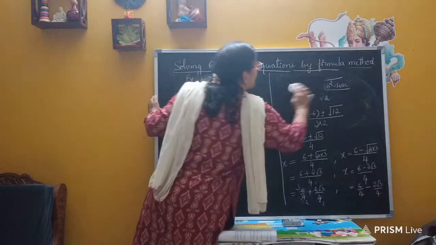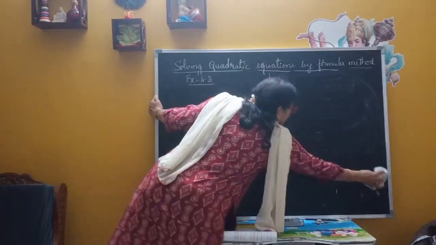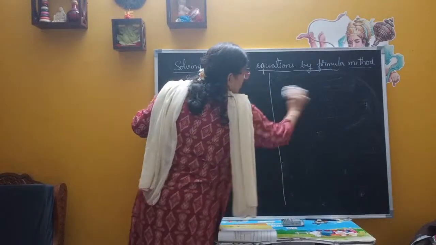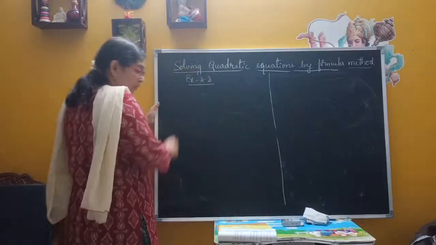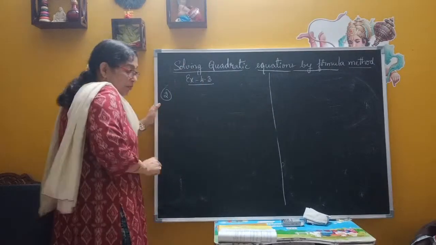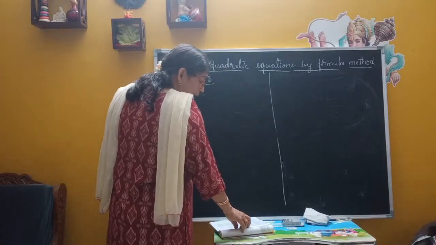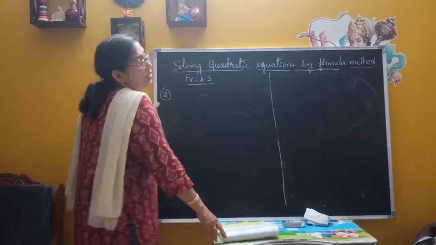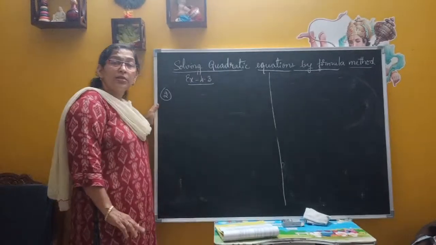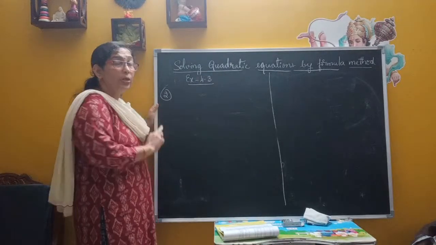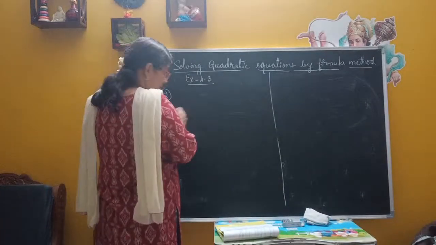Second main is find the value of k for each of the following quadratic equations, given that they have two equal roots. Both the equations have two equal roots. That is the condition given. By this we can understand b square minus 4ac is equal to 0. That is the only condition that can be used here. Okay. So first one,